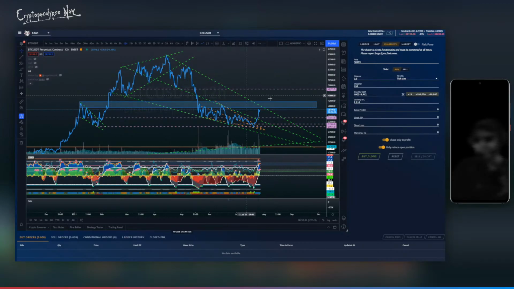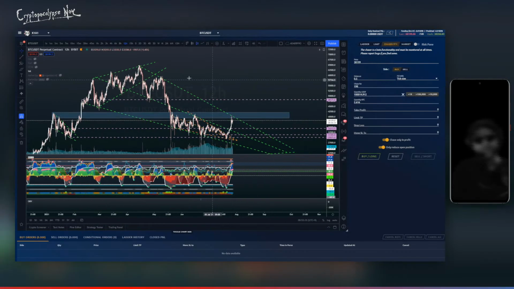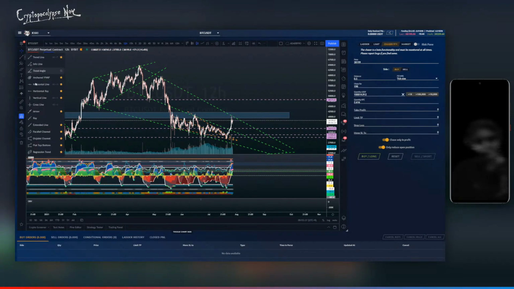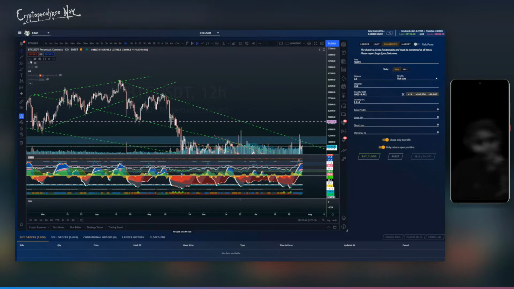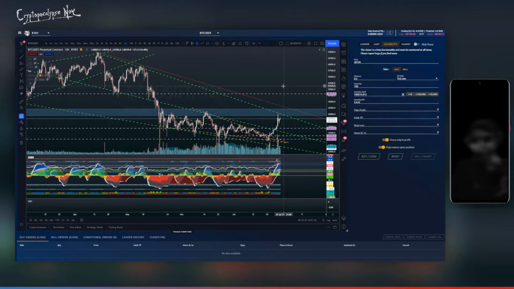If you can find things that align and have multiple points of confluence, then you're that much more comfortable trading Bitcoin in that particular direction. But knowing Bitcoin, if we go back to this chart over here, and let's use an extension line and actually go really deep into marking this from the peak over here to the peak over here, we can see how that line deviates a little bit from the green